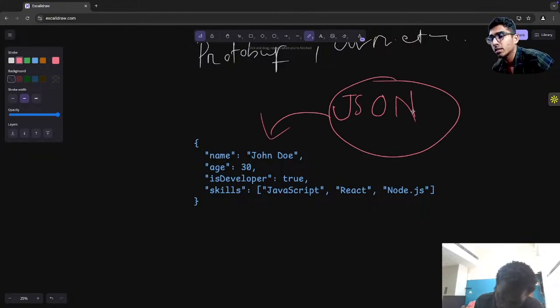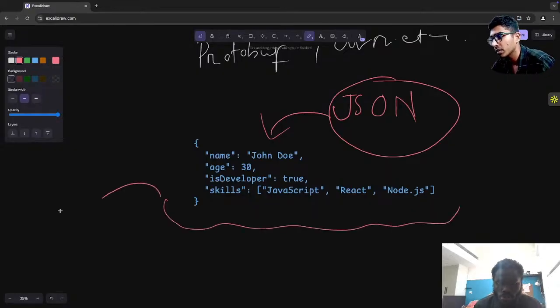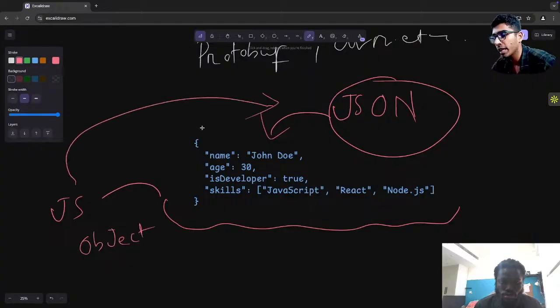To give you a little context, JSON stands for JavaScript Object Notation, and you can read more about JSON's history and its evolution from other resources. But just to give an idea, JSON from the looks of it and from the behavior looks very similar to a JavaScript object. And that's how you can understand why it's named like that, JavaScript Object Notation, but it is not limited to JavaScript and it is used everywhere. You will find JSON in configuration files, and of course, during HTTP REST API transmission between clients and servers,